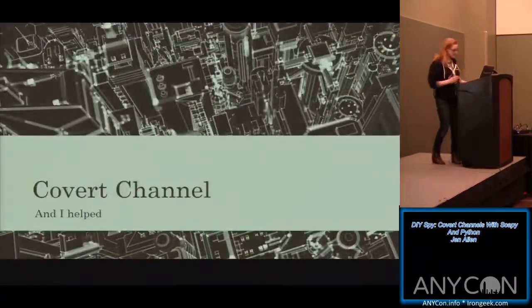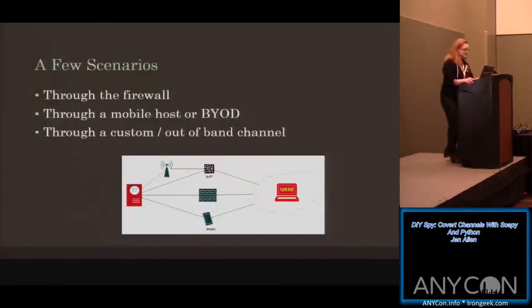Okay, so let's get to the covert channel piece. So a few scenarios that I want to talk about, and I'm really going to focus on the firewall and an out-of-band or IoT channel, but we have a lot of situations that we can use to our advantage. So first of all, we've got our compromised host, the sad face on the left, and then we've got Eve on the right, waiting for the covert, either a full covert channel or maybe exfiltration of data.